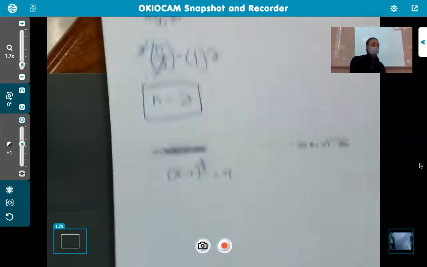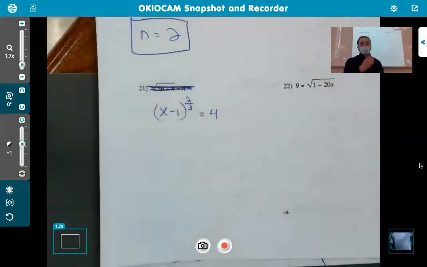All right, the last question I want to do, I actually want to change what 21 says. So make sure that you write this down, because there's going to be a question very similar on the quiz tomorrow. So section 6.7 was a lot of square root equations where I'm either squaring both sides, cubing both sides, whatever it may be. And that was kind of what we talked about on day one. But on day two, on Friday, and what we discussed actually at the beginning of class on Monday of this week,